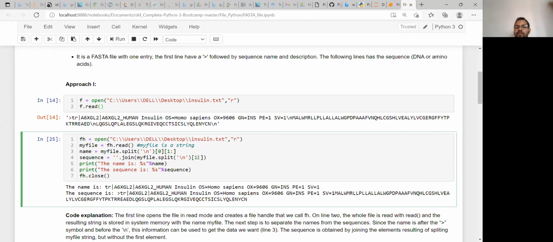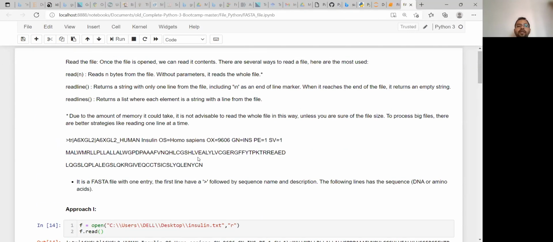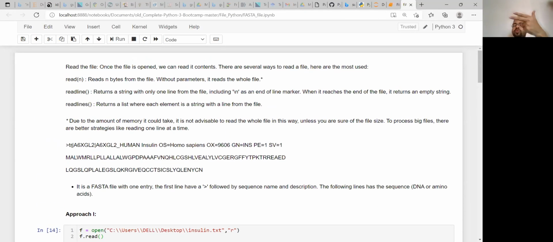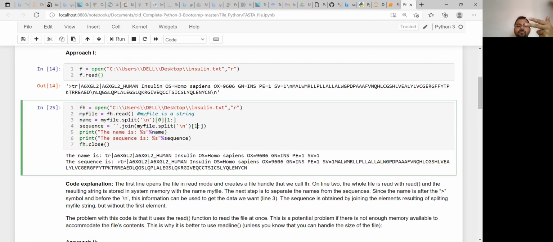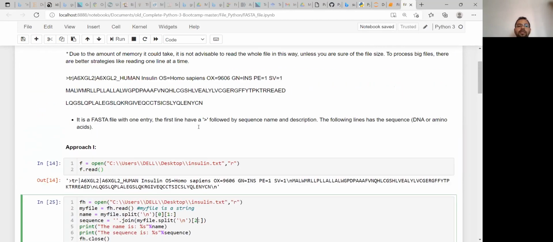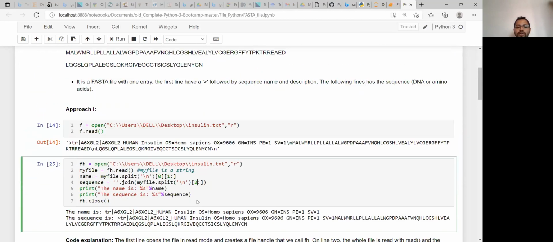Got it? Suppose you know that in your file there are 2 header lines. Then instead of 1, you can use 2. So it will start from the third line. Got it? How will you know from where you need to start?